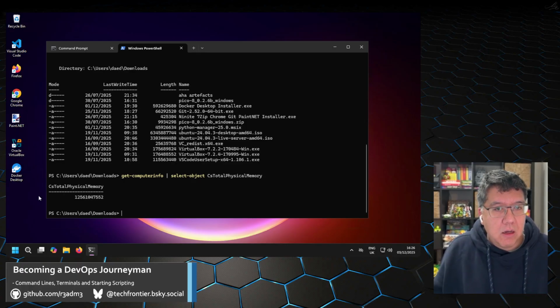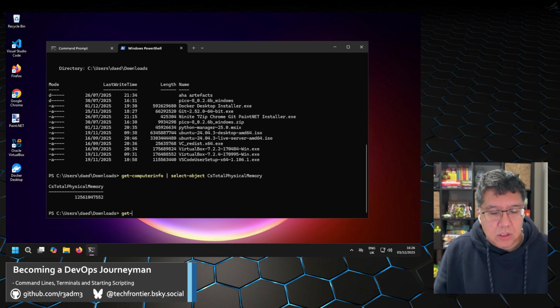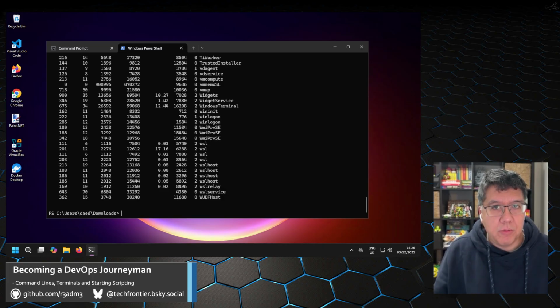So there you can see I've got the memory. It's coming out in a different format, but the memory here is coming out. I can also do a task list, but this time the command's called Get-Process. So if I do the Get-Process, I see a load of process stuff. And then if I do Get-Process and I feed in, I want to select an object,